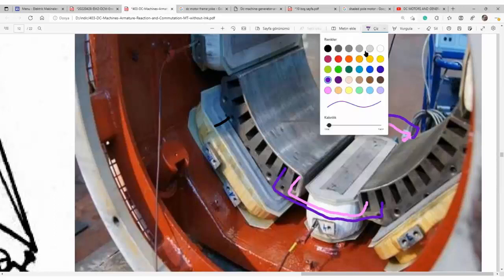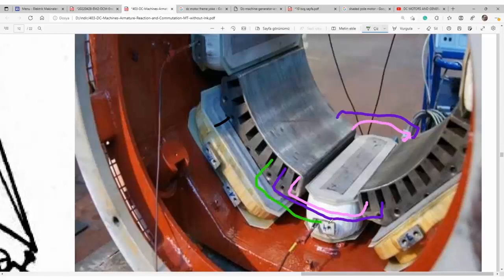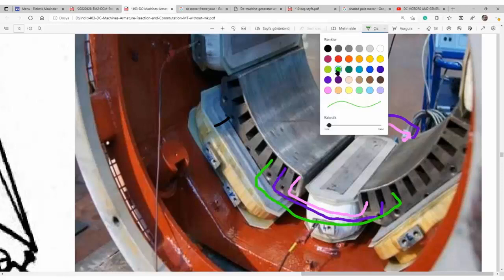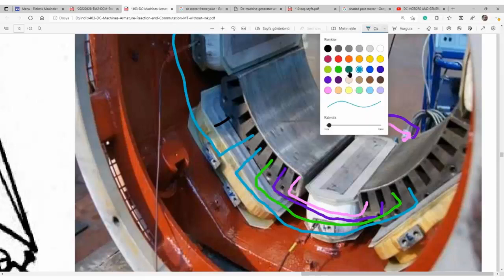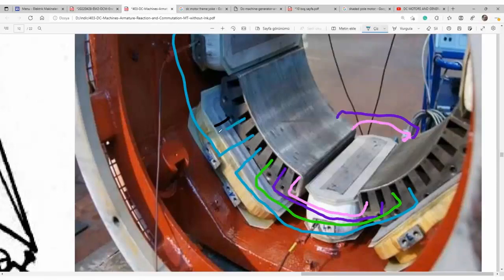And then from here to here. And then from here to here, and then from here to somewhere here, excuse me,